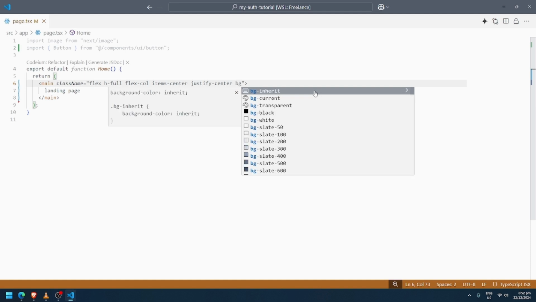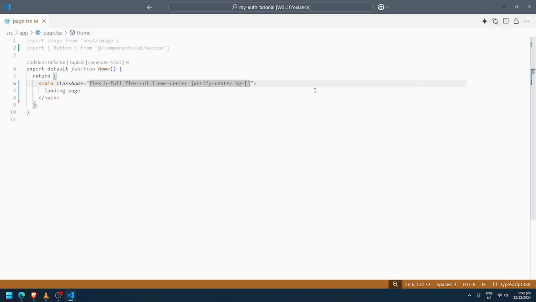Let's add a background, and inside this way you can customize your background, and let's add radial gradient. Actually, that suggestion is the one that I intended to do.